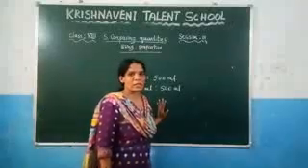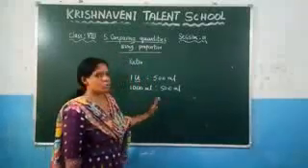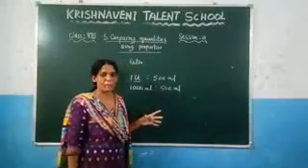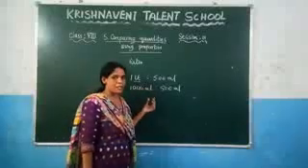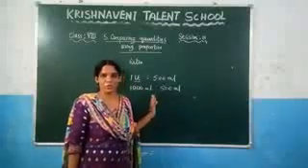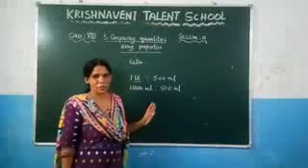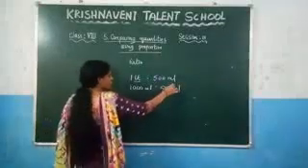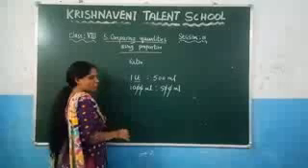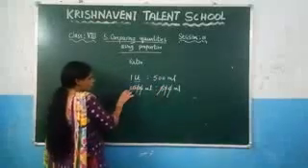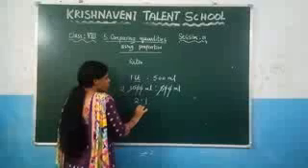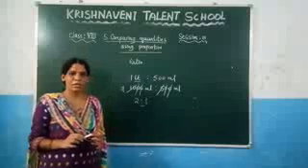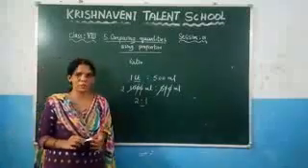Now you can take the ratio of these two quantities. So we define the ratio as the ordered comparison. Ordered comparison means you need to see whether the units are the same or not. If the units are not the same, you have to change the units so that you can find the ratio of the given quantities. So what is the ratio here? The zeros get cancelled, and 5 ones are 5 and 5 twos are 10. So the ratio is 2:1. Like that you need to calculate the ratio of the given quantities. So this is about the ratio. What is the meaning of ratio?